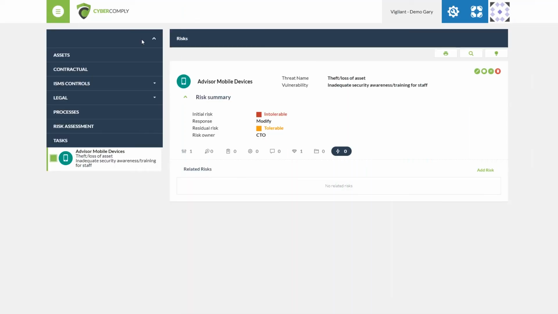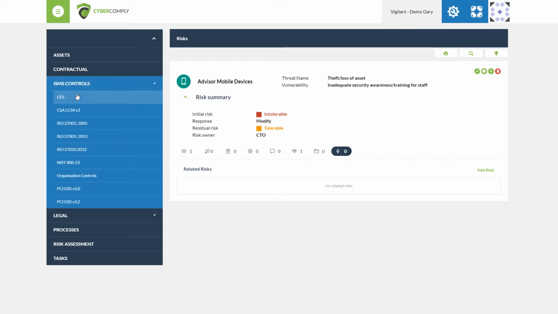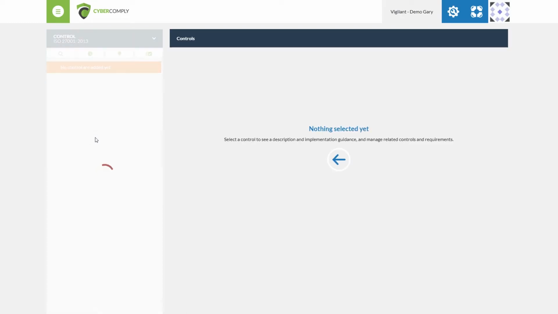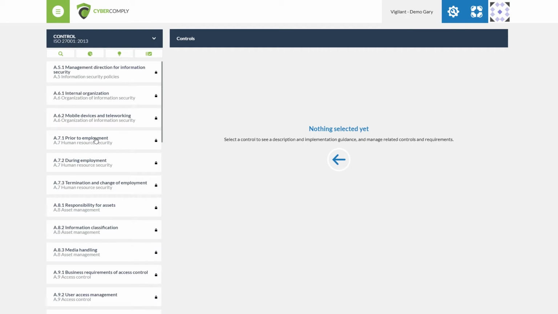Using the top foremost section at the top here, hovering over this will give you a drop-down menu. The area that we're going to be focusing on are your ISMS controls. Dropping down here, we'll have access to CES, ISO, NIST, organisation controls, and PCI DSS. The focal point for today's presentation is 27001, and this will take us into all 114 controls within Annex A